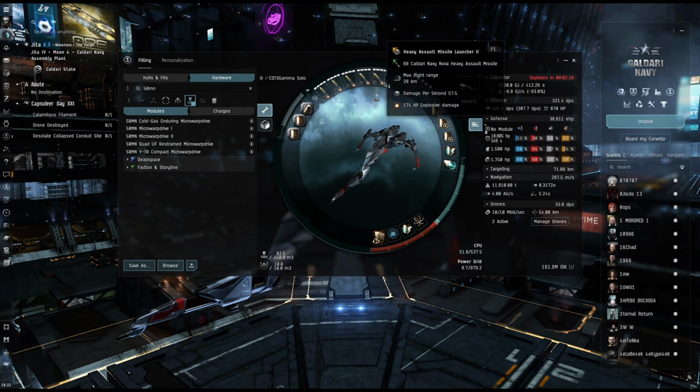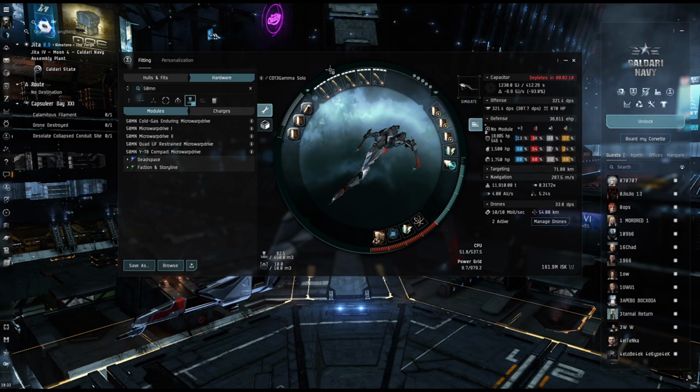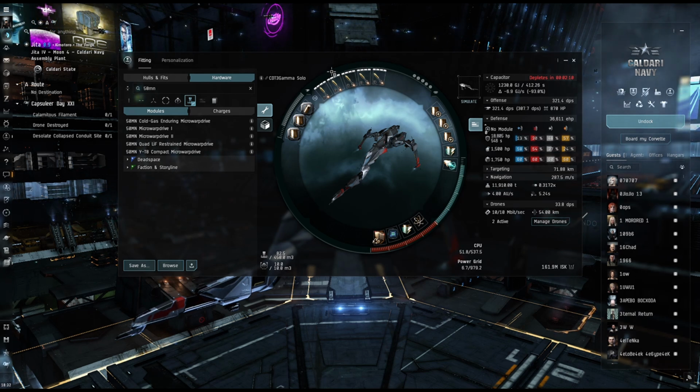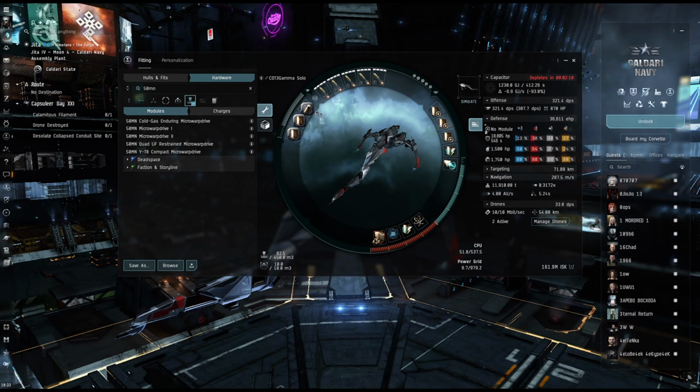5 heavy assault missile launcher 2s. We're going to start with Caldari Navy Nova loaded. There's a couple reasons for that. One is to kill the initial spawn of frigates. The other is to go after the 4 sentry towers that are going to be putting out a lot of damage early on. Got an ancillary...